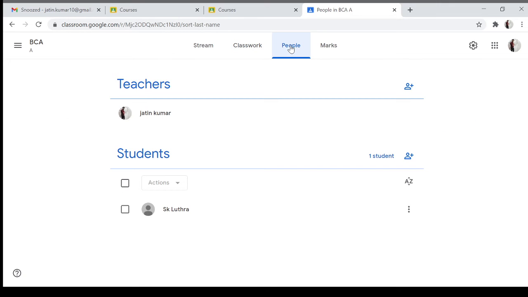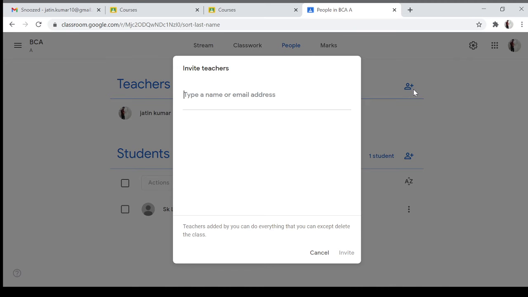When I click on People, you can see some students are added over here. Or if you want to add your colleagues at the same time, my name is here, Jatin Kumar. If I click here, you can invite the teachers by typing their email addresses and clicking the invite button.